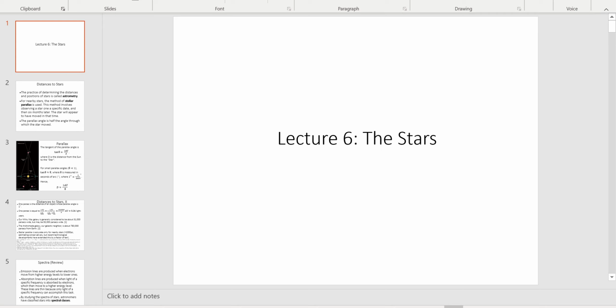I'm not going to go through stars one by one, but I will talk about how we measure distances to stars, which we actually talked about a little bit. I will talk about how we categorize stars, which as it turns out is via their spectra. And we talked about spectroscopy a little bit in a previous lecture. Then I'm going to talk about,